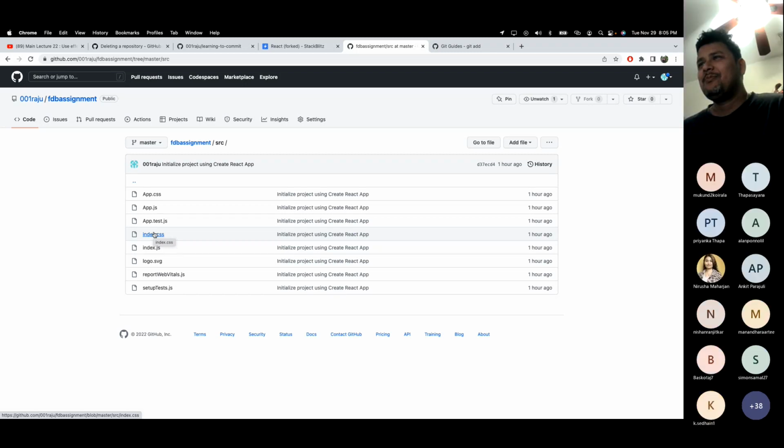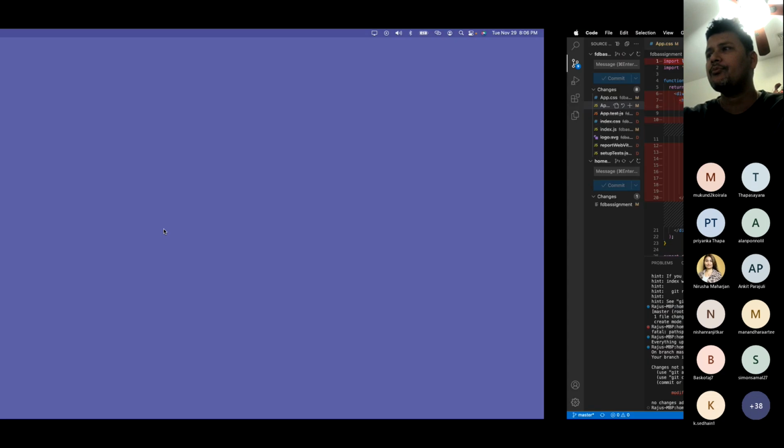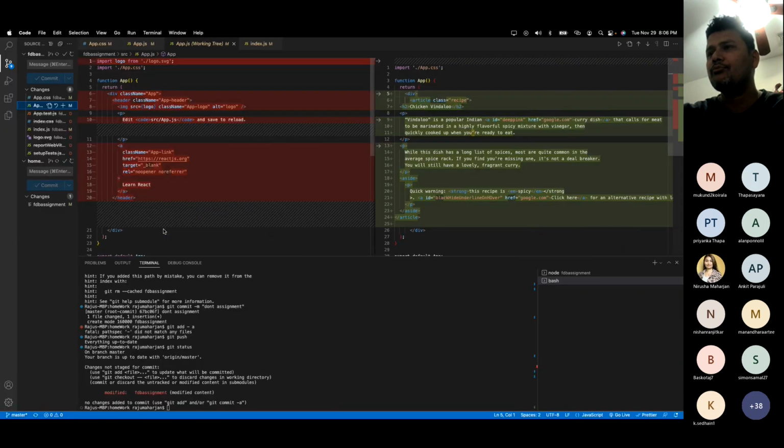Okay. For that case, actually, when you clone it, my information will also be cloned. It means my GitHub information, the commit information as well. There will be a file called .git in your VS Code. You need to actually delete that in order to create your own repository. If you go to VS Code, just type